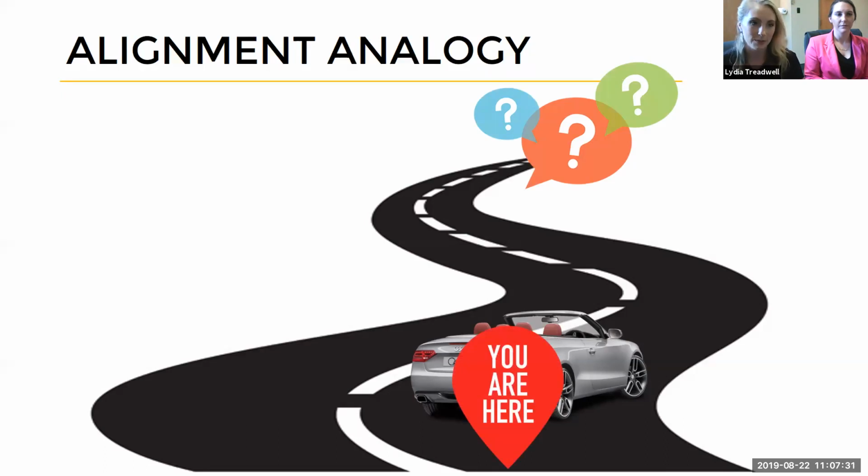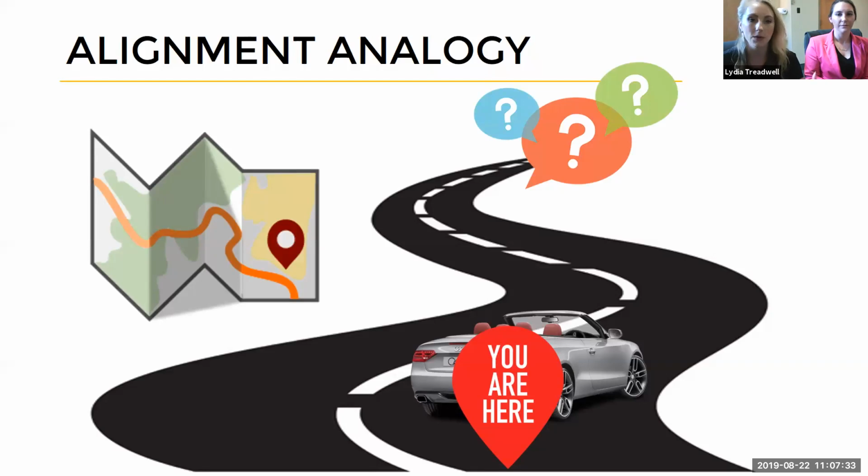And then the next step, you're going to map out how you're going to get from your current starting point to that destination point. So here's where I tie it all together to what we're going to be talking about today. When you're writing your course outcomes and aligning your course, you want to identify what that final goal or destination is. Those are going to be your course outcomes. Then you have to determine where you're at and where your students are at.